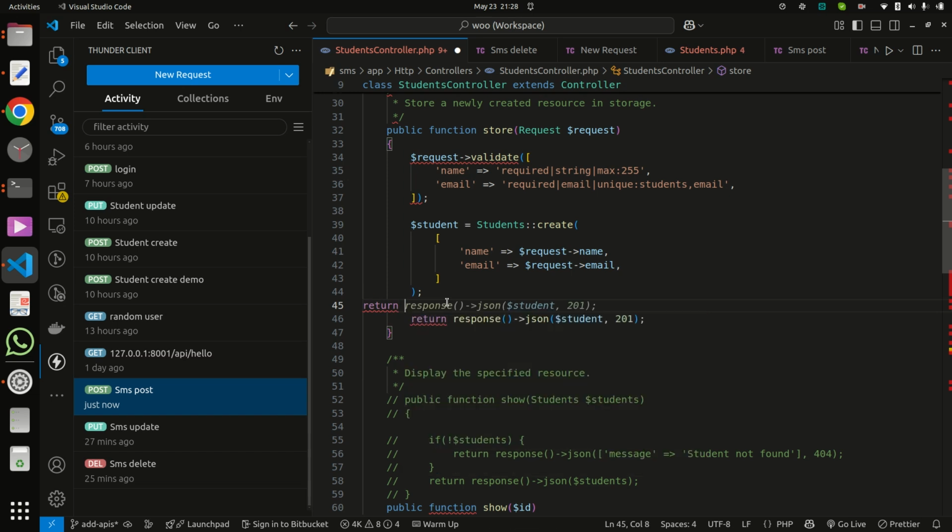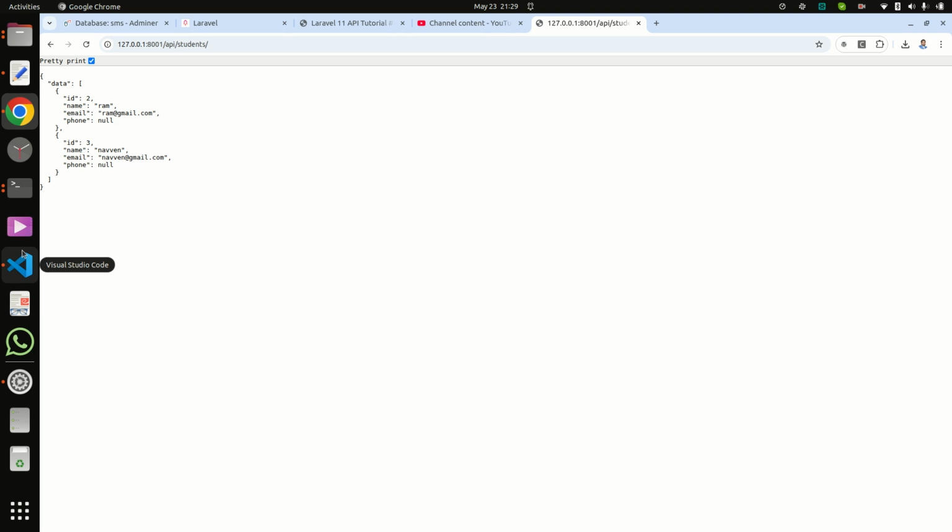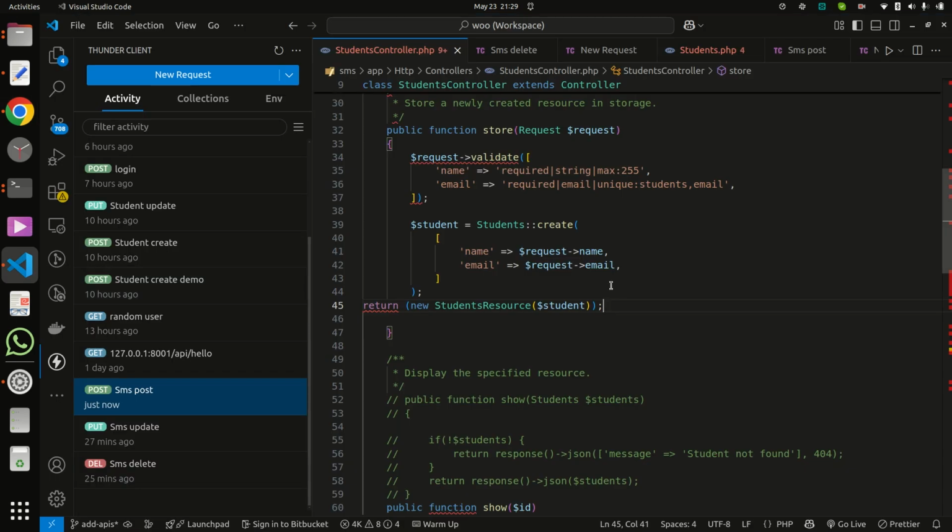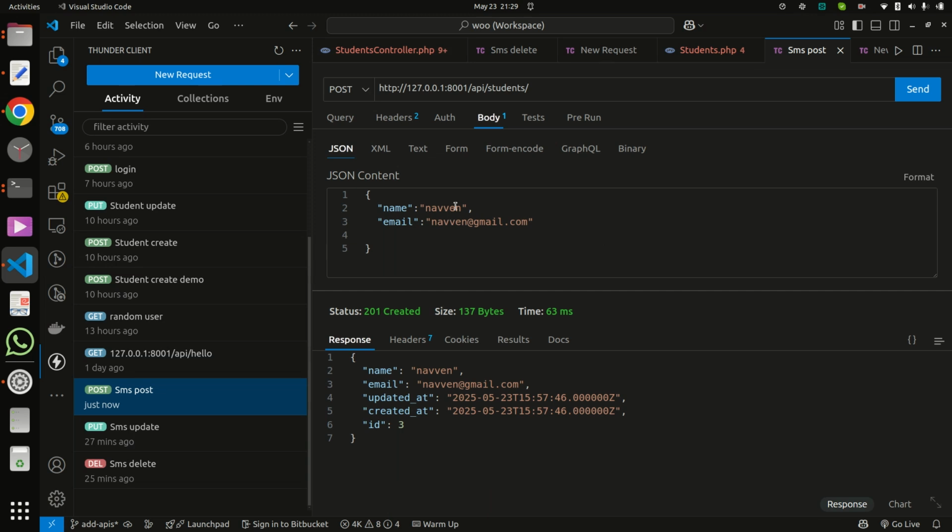Return new StudentResource. When inserting any data, then we pass, like, Harendra.